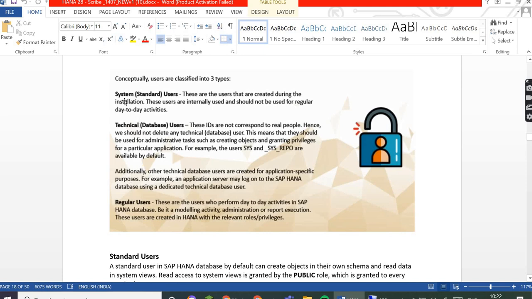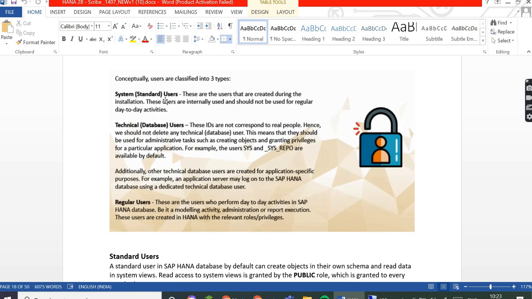Okay, so these are the three types of user we have conceptually. One is the system user, or standard user. At the time of HANA implementation, we need some initial user. For example, when we install S4 HANA or ECC, we have SAP star and the DDIC user to install the software on the server.